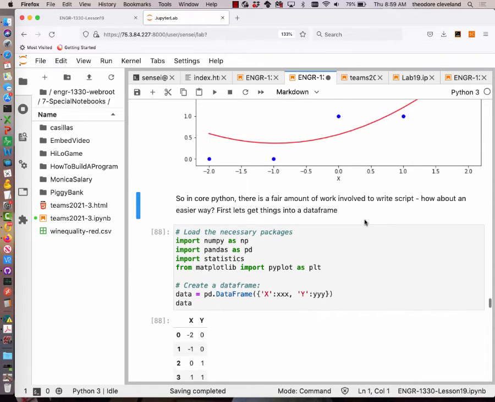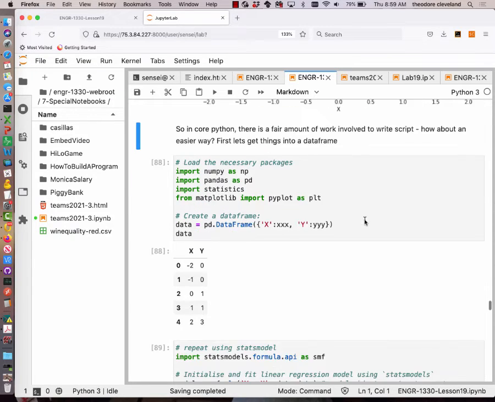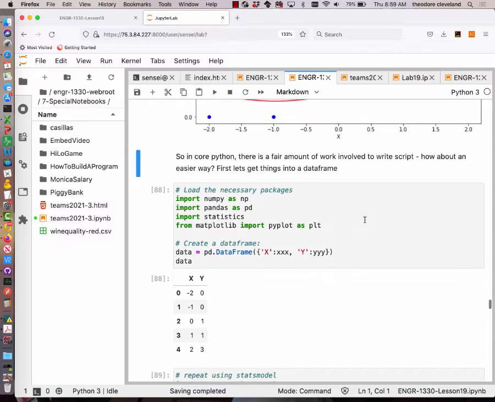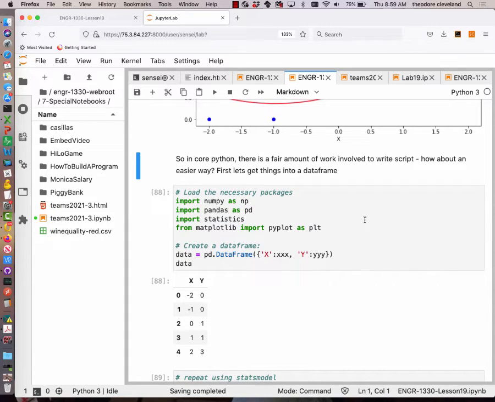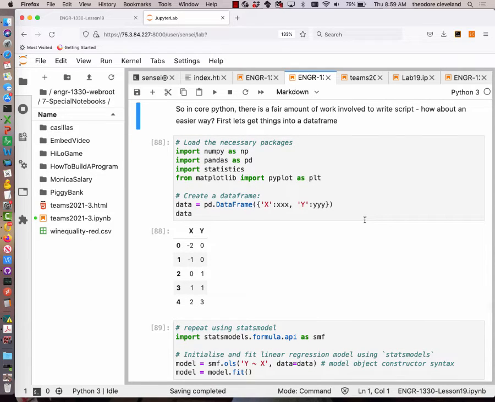And so concluding on this part, in core Python, there's a reasonable amount of work to write a script. You've got to get your linear solver script working reliably. So be thankful we don't make you do that, because this is not the 1970s anymore. But let's look at some easier ways to do the same thing. So we're going to stick with the same data, but now we're going to use a package called